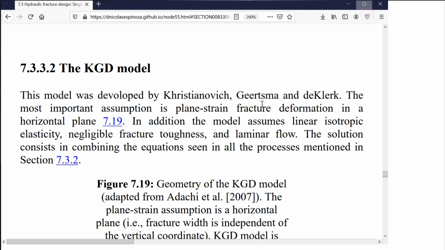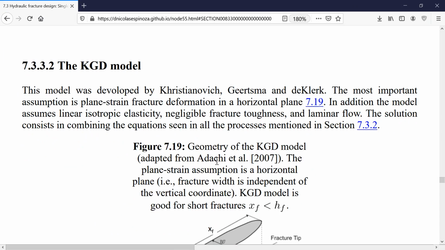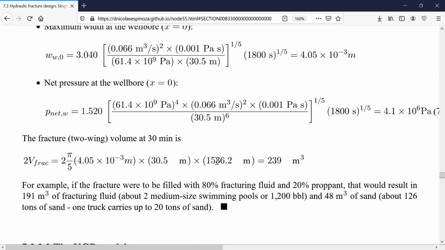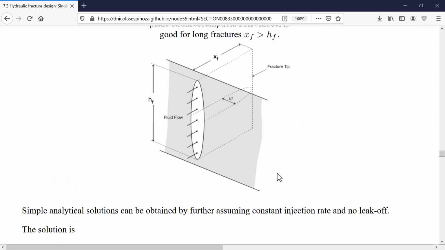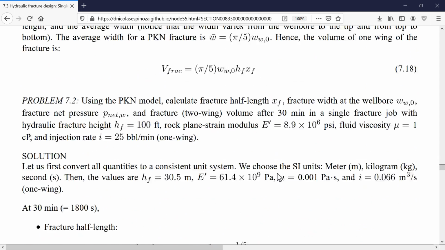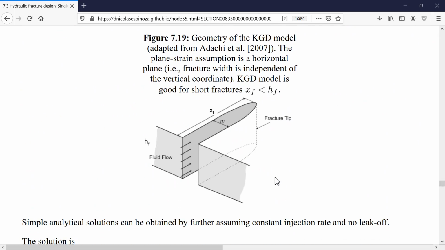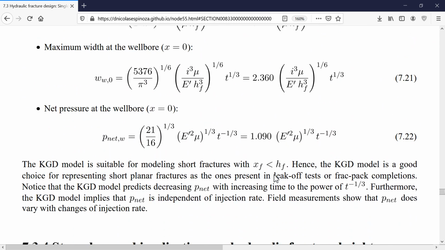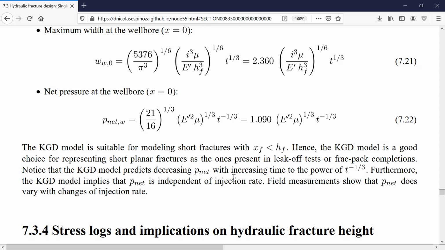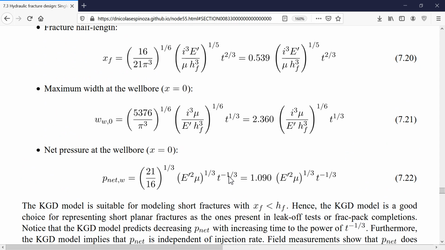And here I'm going to post this link in which you can see not only the PKN solution, here's the PKN, but also the KGD solution, and I'm missing, I should put the radial solution too. Probably I will upload that soon. And you can use these equations directly from there. Okay, and